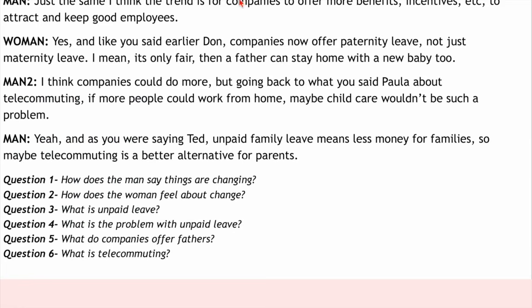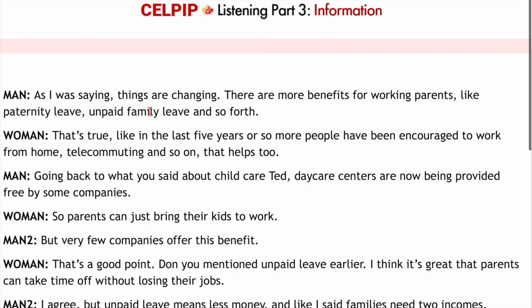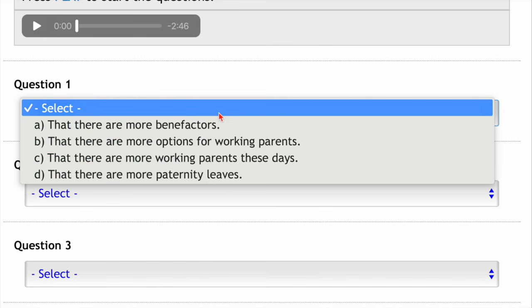Let's look at the script here. As I was saying, things are changing. There are more benefits for working parents, like paternity leave, unpaid leave, and so forth. Okay, well, so